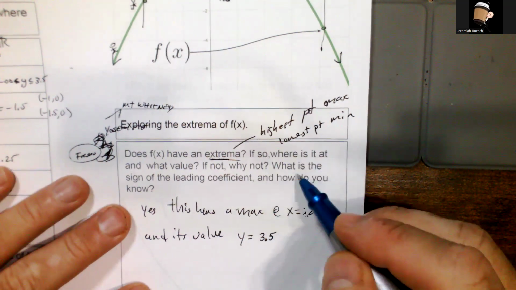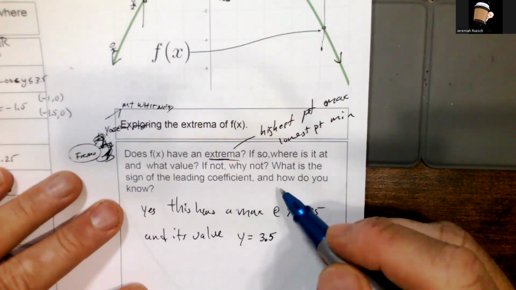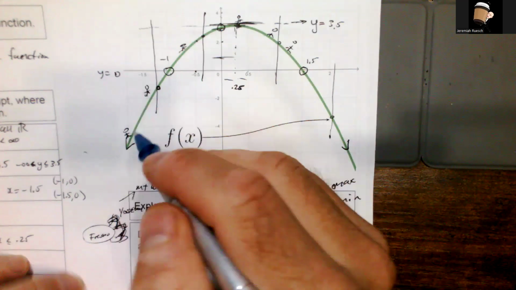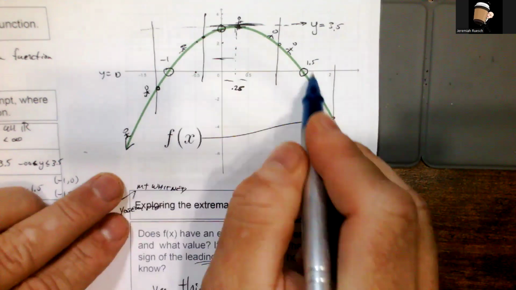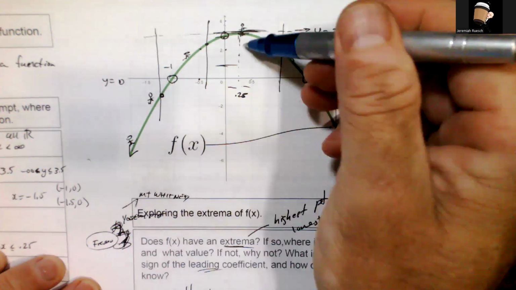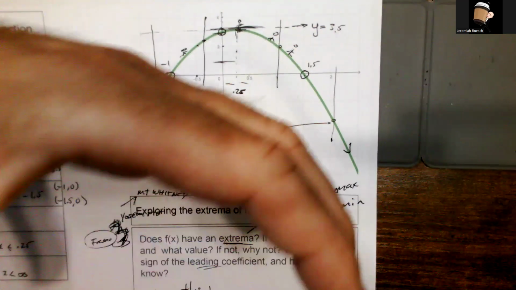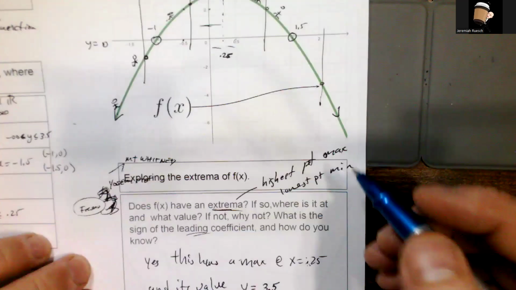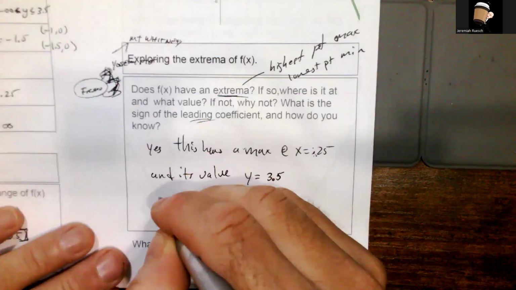And so, what is the sign of the leading coefficient, and how do you know? Well, that part requires a little bit of knowledge about this thing. And so, noticing that this goes this way, right? It's opening, if you want to call it opening down, and it looks like a mountain, right? So it's opening down. And if that's the case, then our leading coefficient